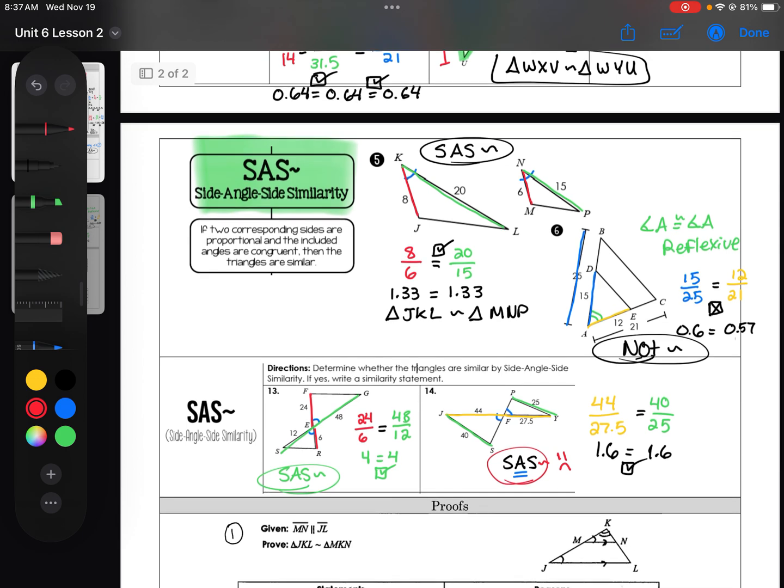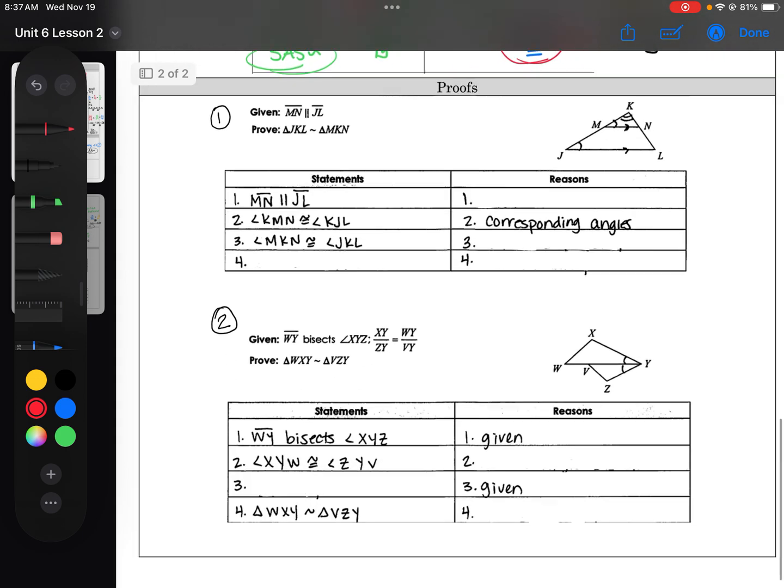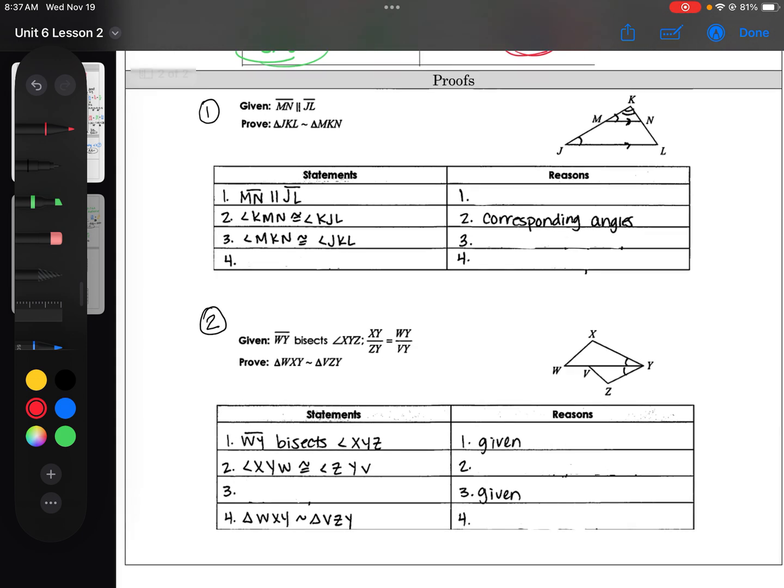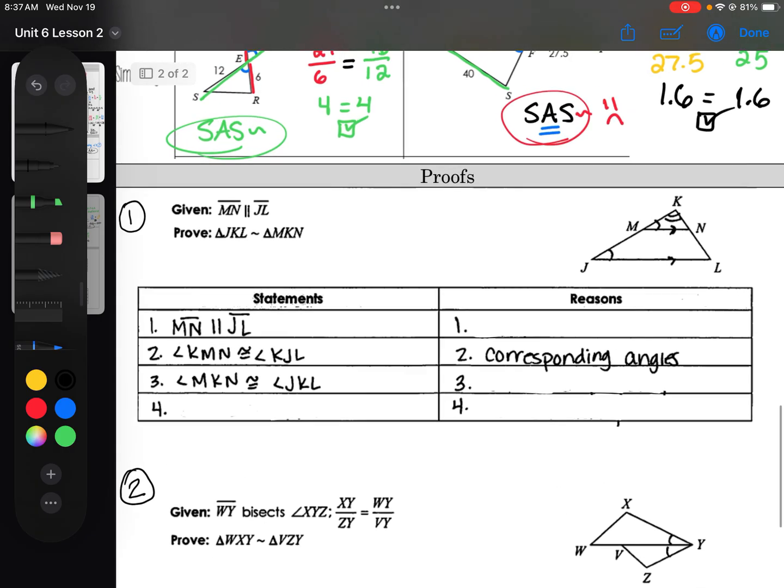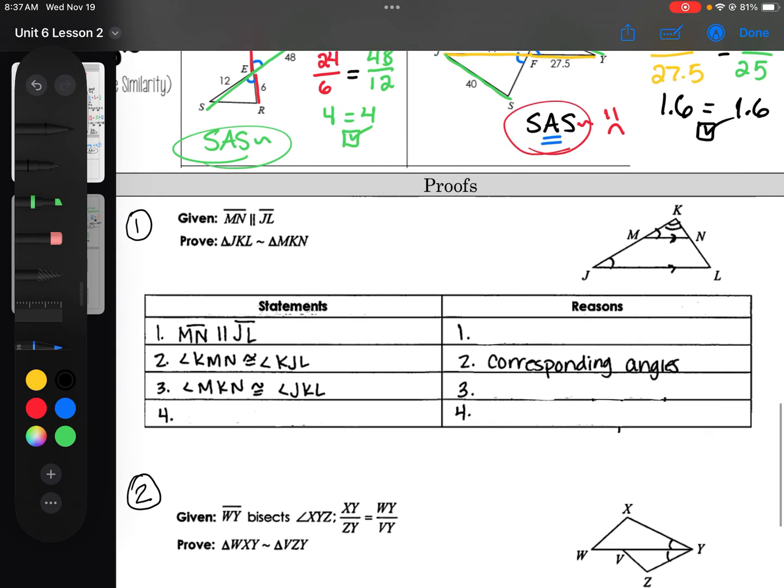So that's where we are at on those notes. We're gonna finish these proofs, pause the video, see how much you can get through. I'm gonna go ahead and fill in the answers now. So for number 1, look at the given information. The diagram is already marked with the given information. The parallel lines are marked here with the triangles, okay? And then we're going to go through the proof. So the given information is marked. They're also telling us that angle KMN